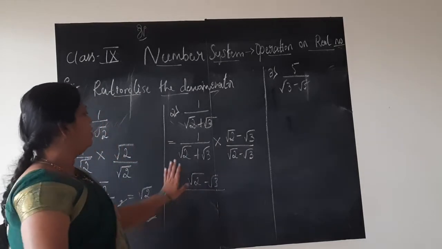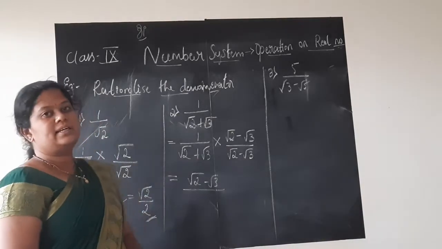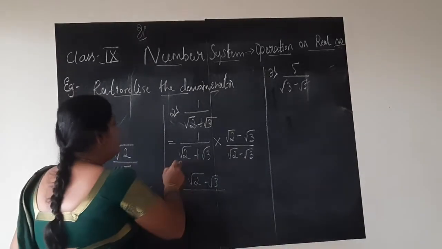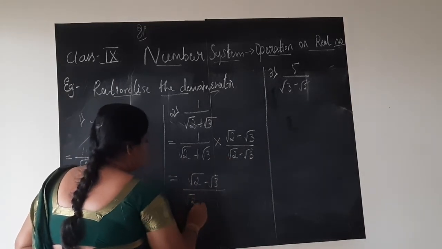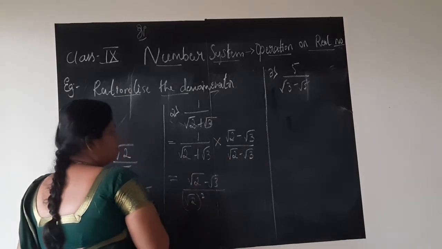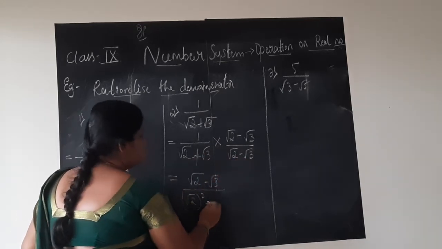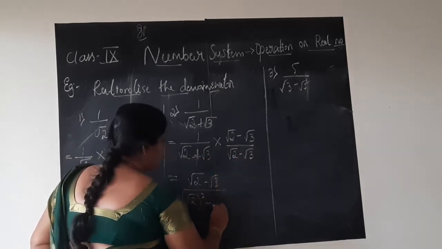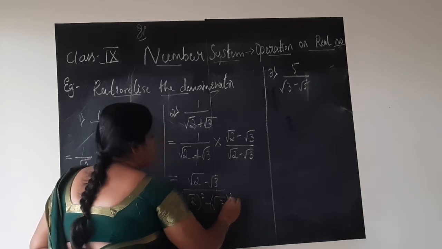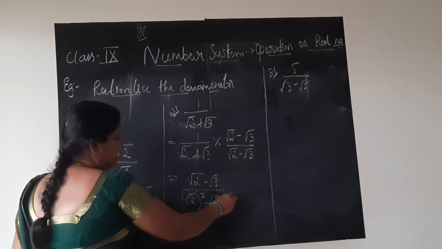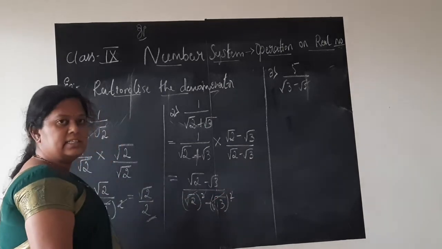Simply you cannot multiply root 2 into root 3. I said, no, if you want to add, subtract or multiply inside the root, the same number should be there. So square root 2 into square root 2 is square root 2 whole square. These signs you need to multiply. This plus into this minus is minus. Square root 3 into square root 3 is square root 3 whole square. See, the square and square root will get cancelled.